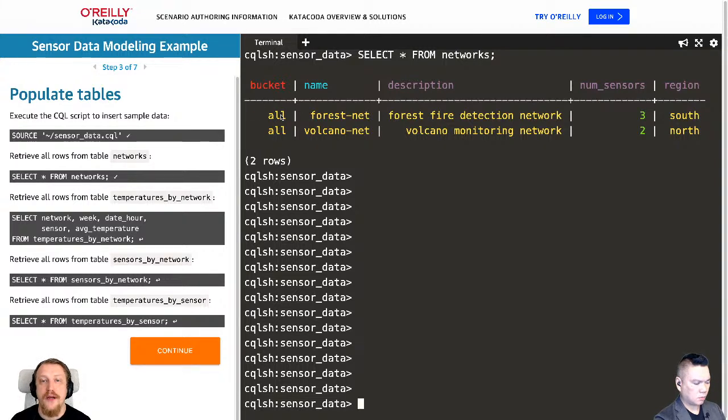Then I will simply create a new bucket, a new partition, move some of the networks to the new partition, and that's done. So the trick is, in this case, select from networks doesn't lead to reading from multiple partitions, as I have only one. Well, that's a demo example. We would like to avoid that. Actually, basically what I have to do now in the beginning is select whatever I need from networks where bucket equals all. And then I have the same result, reaching one single server, reading one single partition.